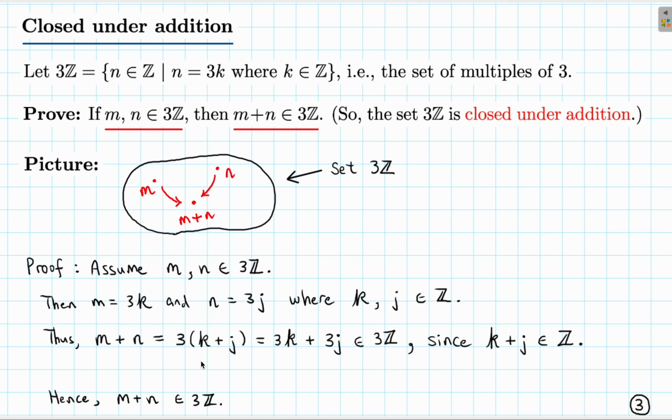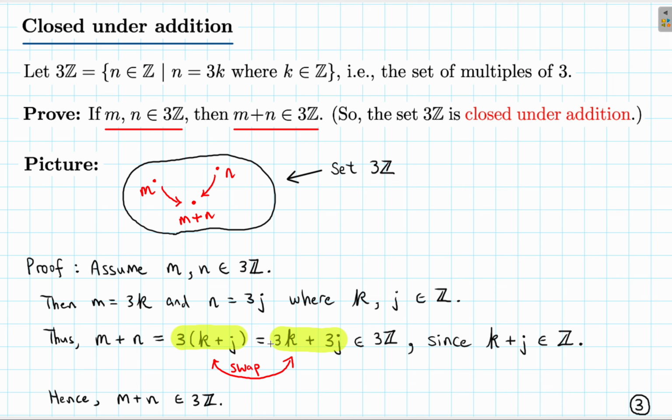And so it should read as m plus n equals 3k plus 3j equals, factor out the 3, 3 times k plus j. And so what we really need to do is to swap these two expressions. And so I'll indicate it like this. These need to be swapped